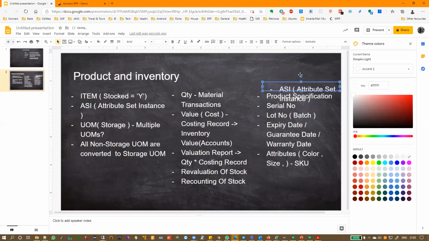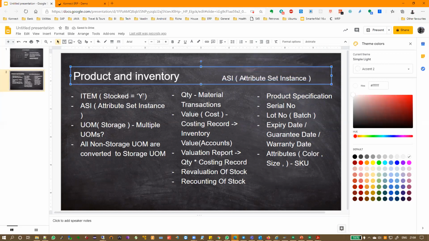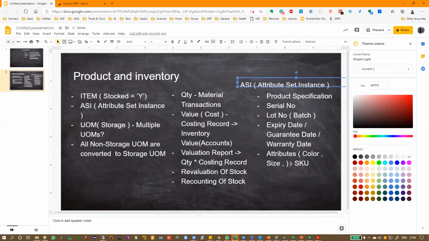So in one object called attribute set instance, all of this is covered. We are going to see this in detail, how we are going to use attribute set instance to map all of this.